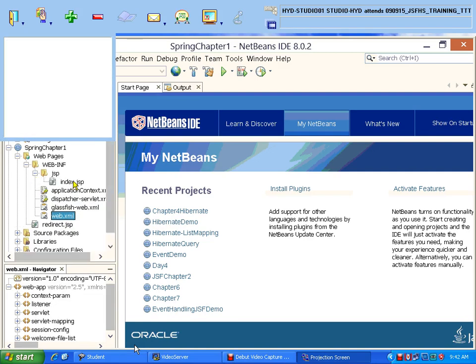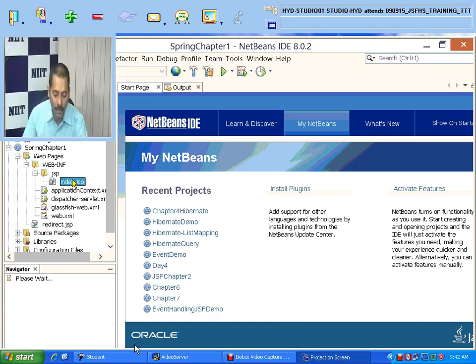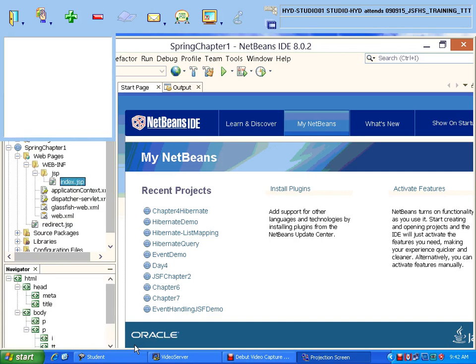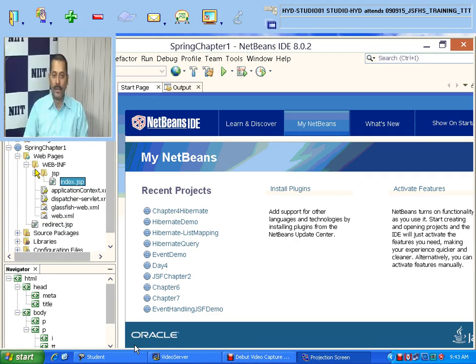Now coming to the JSP pages, we have the index.jsp page which will be available, and we can use this index.jsp page also. So these are the different files which we can implement as part of your Spring chapter 1 application when you are creating it.